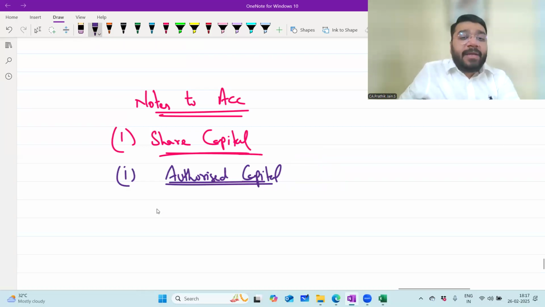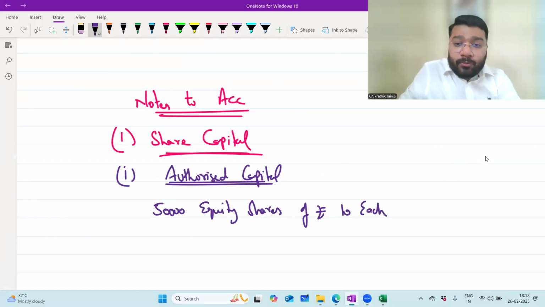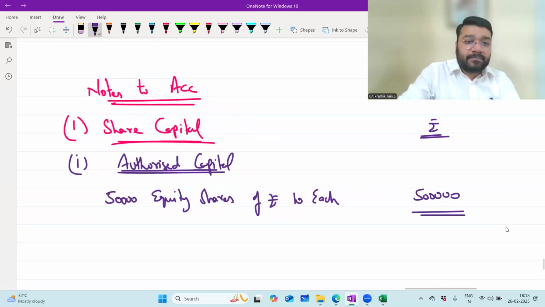Now, how many shares are authorized? Say 50,000. Now tell me what I have to write next. 50,000 equity shares of rupees 10 each. Very good. Now in the rupees column, what am I supposed to write? 5 lakh rupees. Put a double line. Then